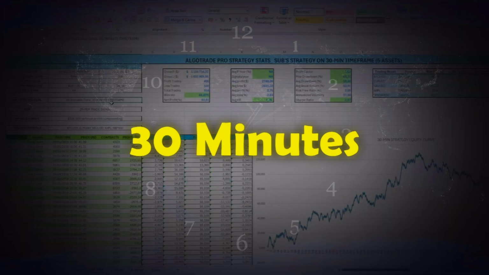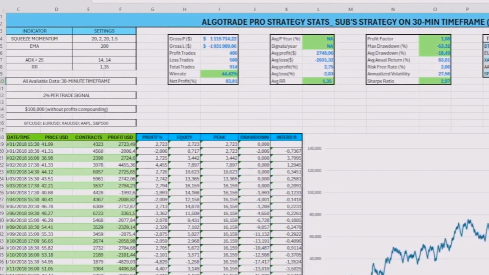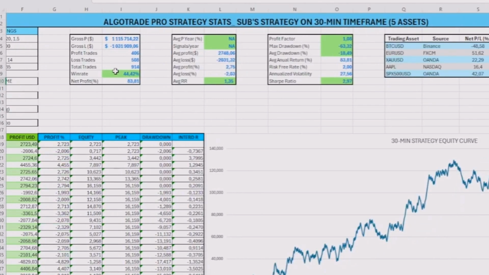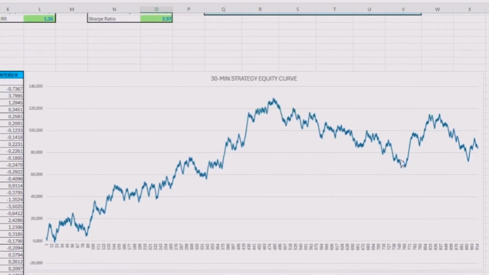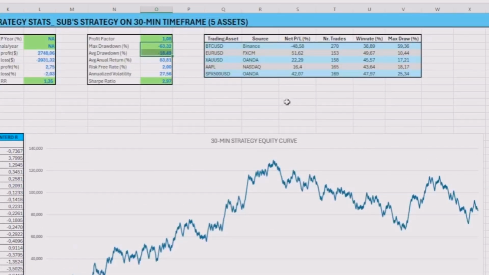Next, in the 30-minute time frame, the results were a little better. With a win rate of 44.42% and a net profit of 83%, the strategy achieved better results, the only downside being the drawdown, which was higher than what we usually expect. It is important to mention that this drawdown is highly correlated with Bitcoin's results, because all the other assets achieved